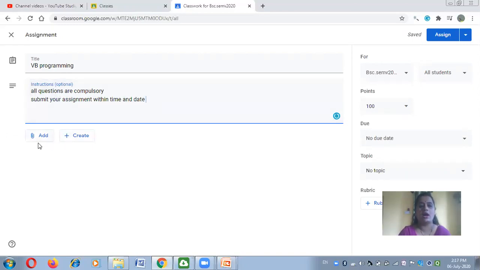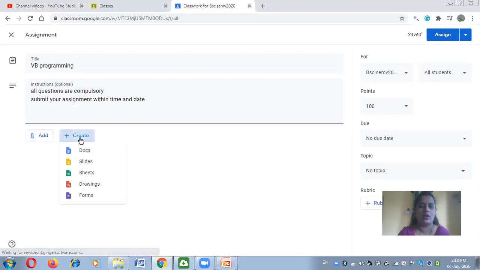Now there are two options. Either if I have already typed the question in Word, you can attach it from here. You can attach a file or link, or from Google Drive or anything, or you can create it at runtime. So for example, I click on the create option.